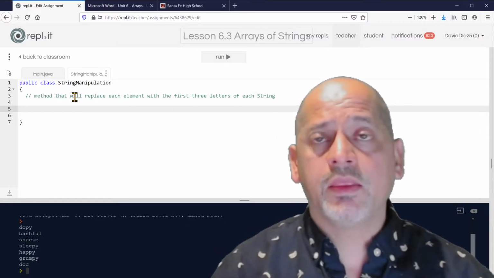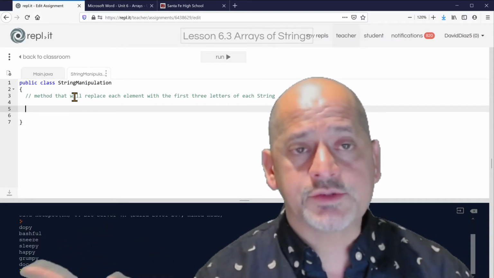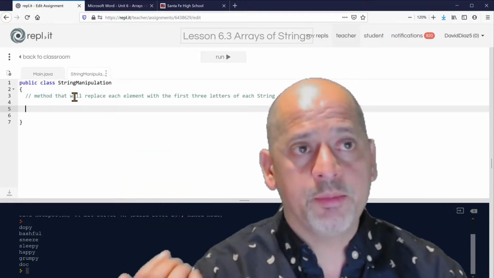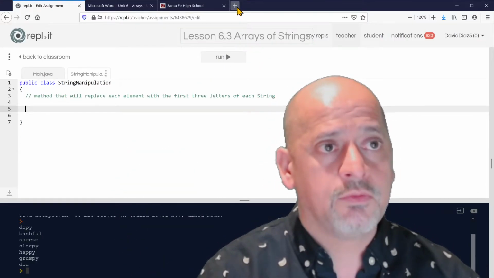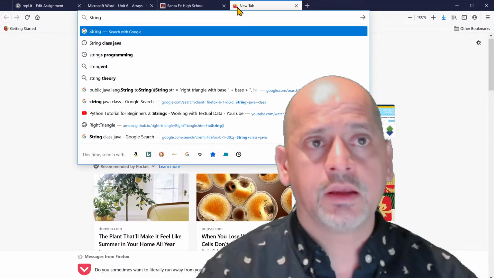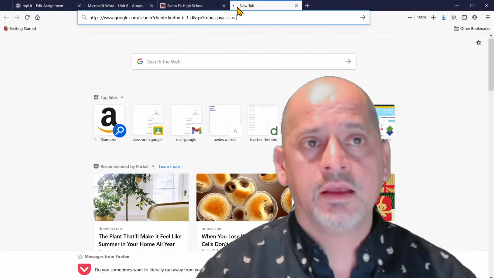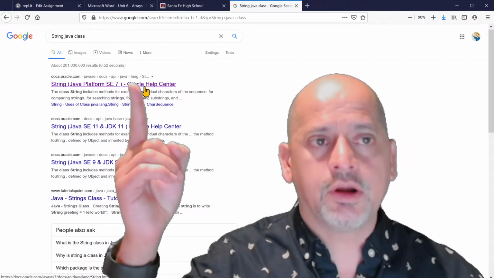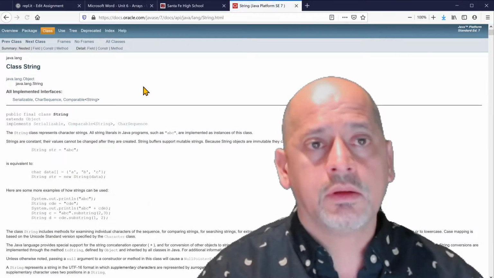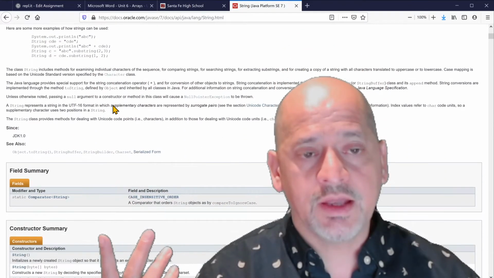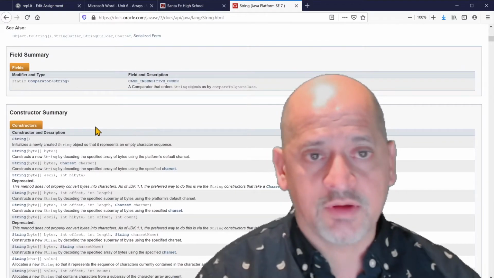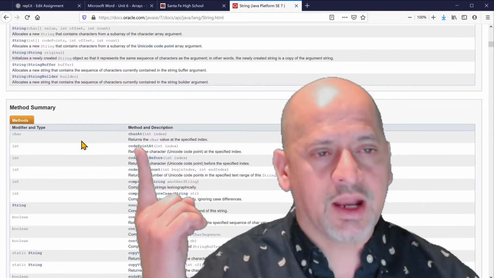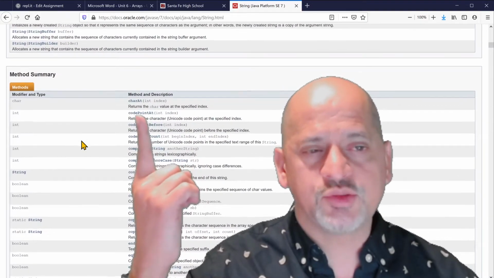Now remember that each of them is a string of the class String, so we are able to use all the methods. If we search for the String Java class, the very first result is Oracle, which creates, maintains and owns Java, and it has all the constructors, but it also has all the methods that we are able to use, like charAt, that we don't use much because it's now